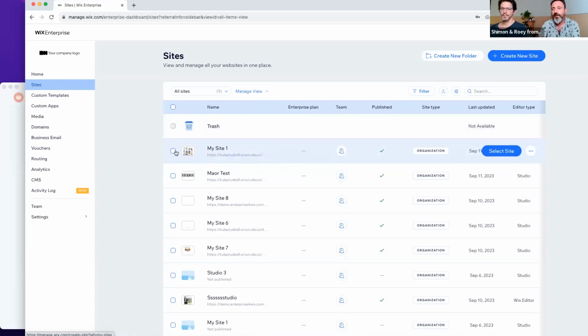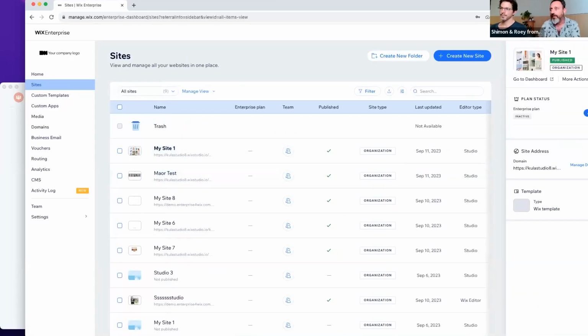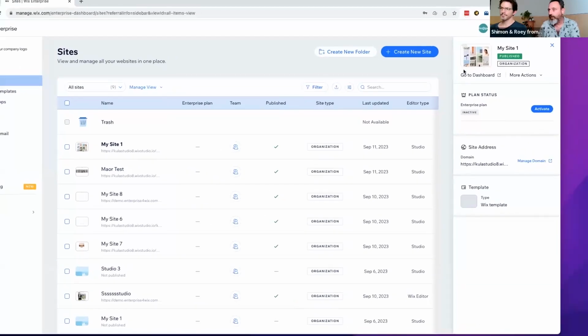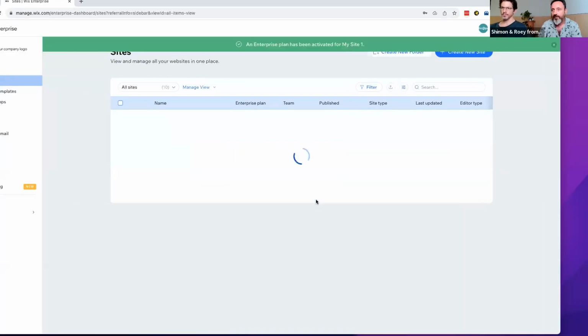And one of the things that is different here is when we click on a specific site and we already have plans that are ready, we can, with the click of a button, allow the enterprise customer to activate a plan in one click, because all the plans were already purchased by the enterprise. In this specific demo case, 100 plans were already purchased. Let's see if that will work. And when we click on activate plan,